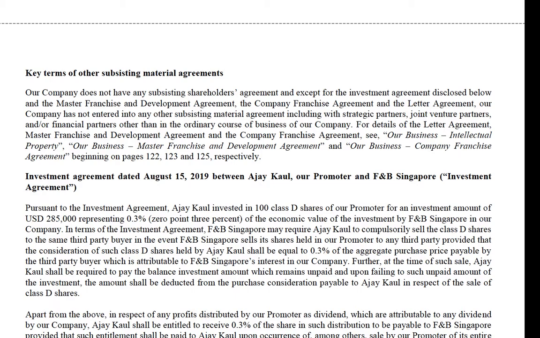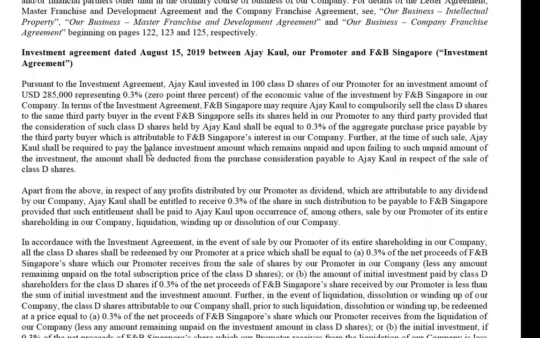There will be a separate description of key material agreements in the business chapter, which we've already covered, right? If there are any other key agreements that the company has entered into, those should be described over here, right?